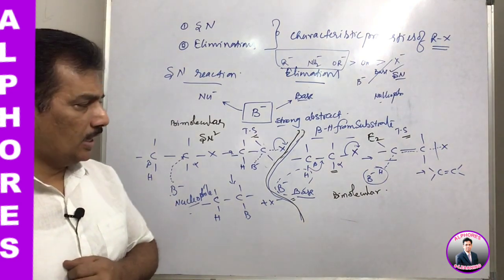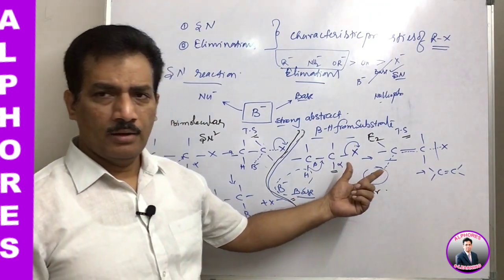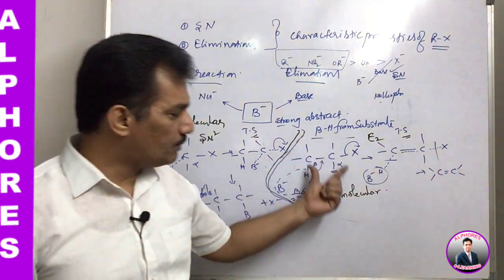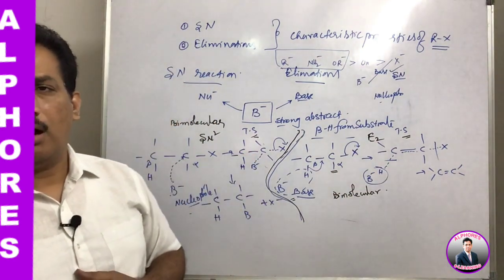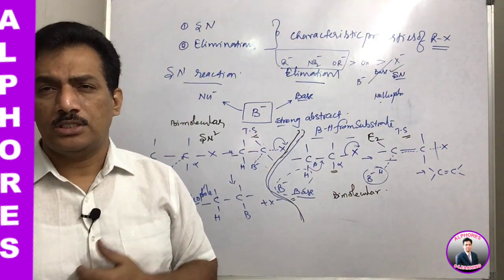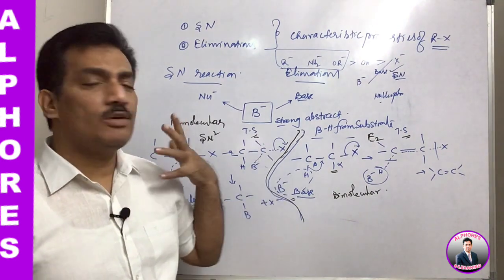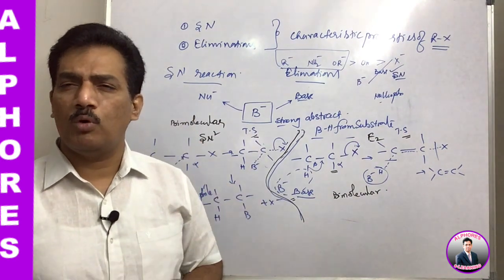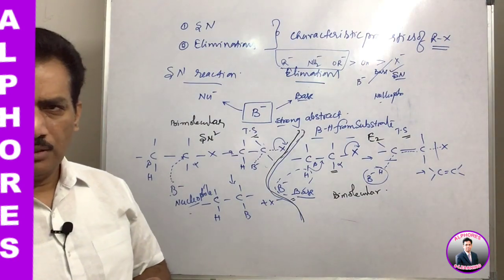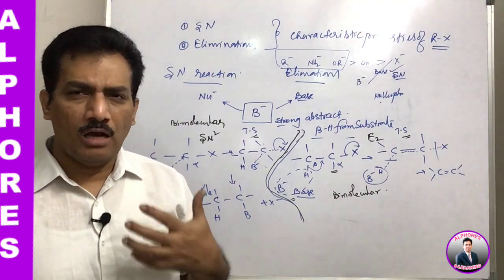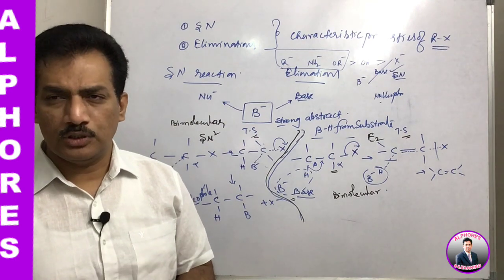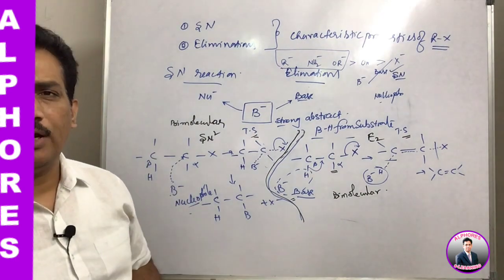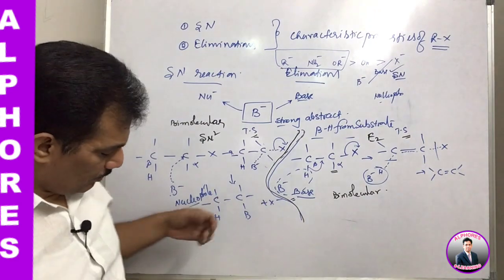Are you following? In case of elimination, if the substrate leads to Hoffman or Saytzeff products, follow Saytzeff's rule. In general, if there is any scope to form two or more elimination products, then the major product will always be the more substituted product. For that purpose, I will provide one example to you.